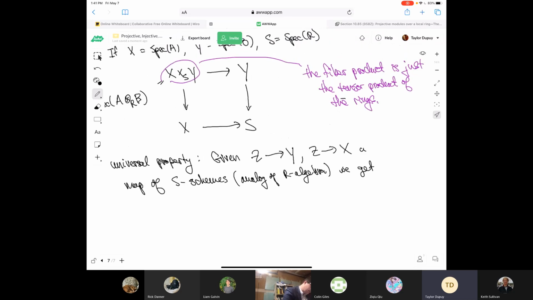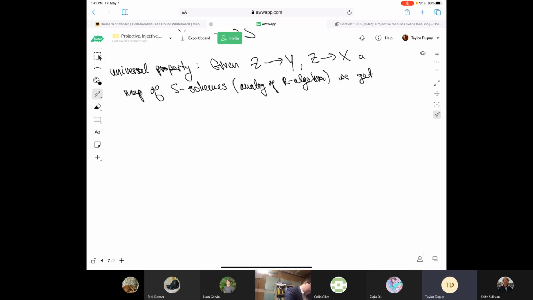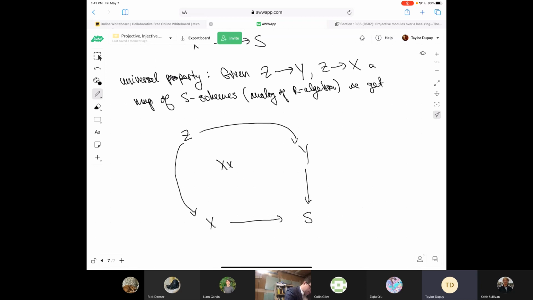Okay, so let me fill in the diagram here. So if you had Z, and we did this last semester, but let's just do it again. This is over S, and we have two maps like this. And what happens is that Z gets a free map here, so this is the universal map like this. Okay, so in terms of rings,